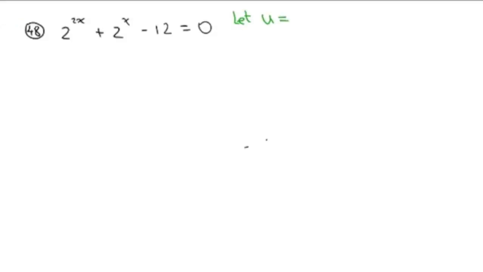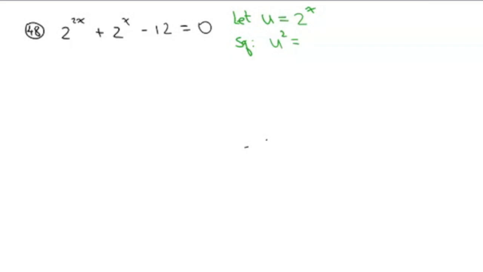You choose a new variable, call it u. Call it anything you want, just not x. And you let it equal the middle variable part. What's the middle variable part? 2 to the x. Then you take u and you square it. If you square both sides, you get u squared equals